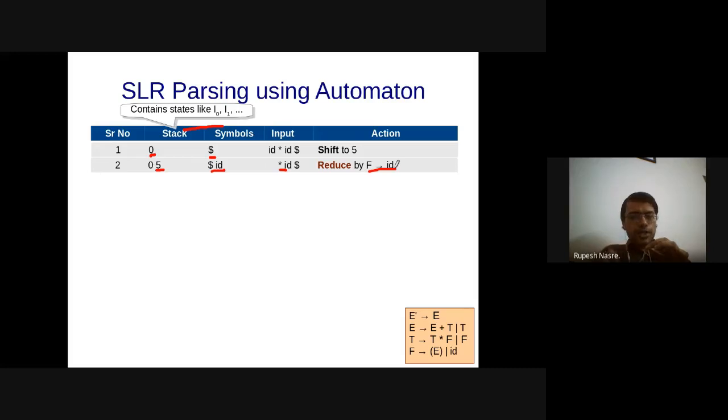That reduces ID to F, and that F needs to be pushed onto the stack. What this indicates in our transition diagram is that I go back to I0, which means that I'm going to pop 5, go back to I0 and then push F onto the stack.